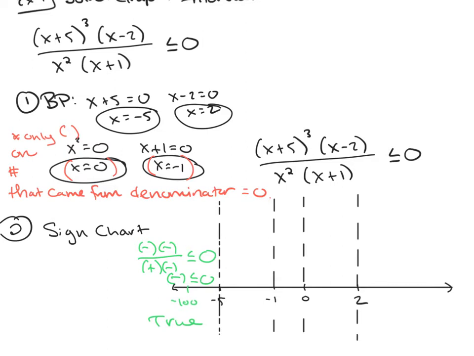Now, I know that each one of you could take numbers in each column and plug them in and see whether you get a true statement or a false statement out. I would like to show you, if you want, a shortcut you don't have to use, but you can if you like. So let's go back and look at the exponents to see if our trues and falses are going to alternate or not. So instead of picking a number like, let's say, negative 3 in the next column, which would be perfectly okay, look at the x plus 5. So that was our negative 5 here, our boundary point. It came from the x plus 5, which is important because the x plus 5 has an exponent of 3, which is odd. So that will alternate